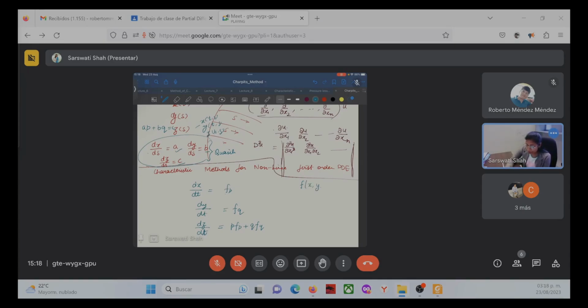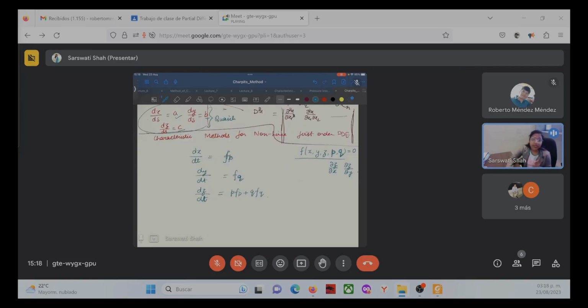So this F is this nonlinear partial differential equation. Nonlinear means it is nonlinear in p and q. And what is your p? Your p is del z over del x and q is del z over del y. So this is nonlinear in p and q. It means the derivative Fp will be either a function of p or a function of q. Similarly this and similarly this. It means we have three unknown variables x, y and z, and we also have two unknown variables p and q. So to complete this equation,